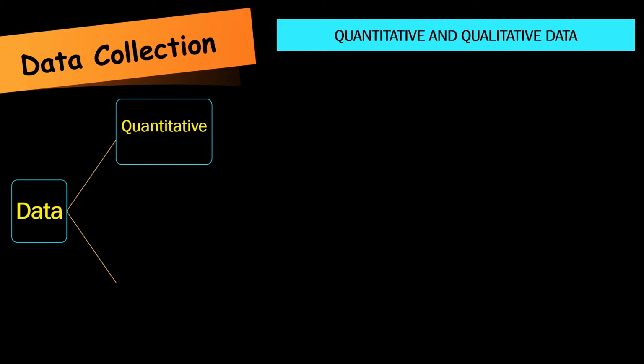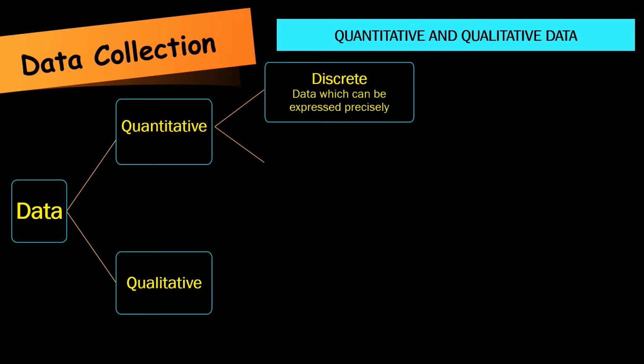Let's now remind ourselves of some of the definitions associated with data. So suppose that we have data. It is, broadly speaking, split into two categories: either quantitative, which is numerical, or qualitative, which is non-numeric. Quantitative data is again further split into two categories: